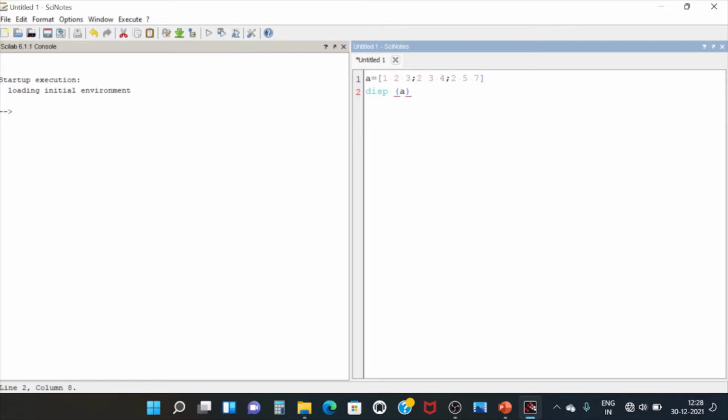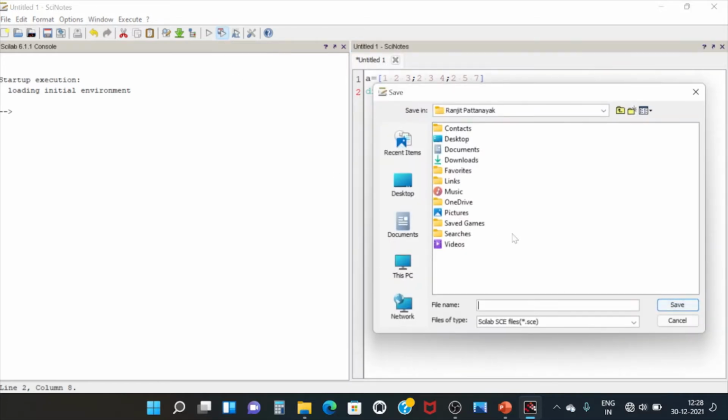Whenever you create a new file or new program, you have to save it, otherwise it cannot be executed. So first click here to save. It asks where to save, and I have saved it on my desktop as matrix algebra 1.